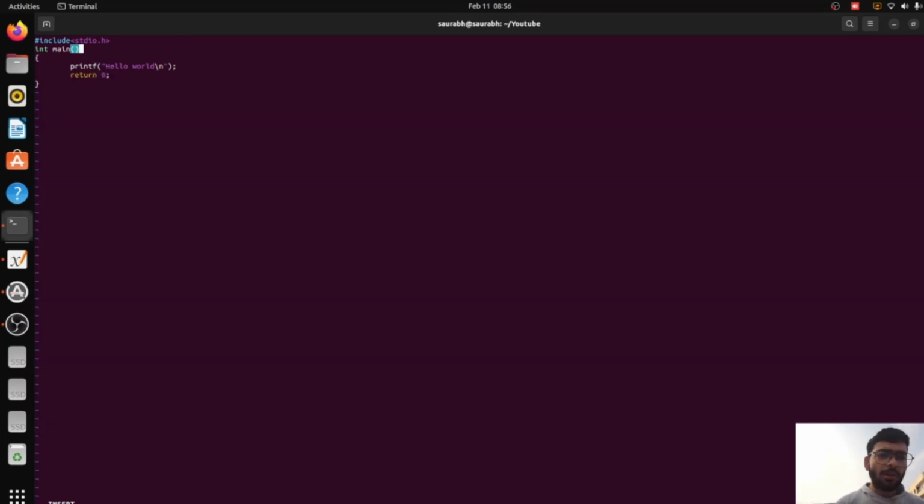We will learn all these things, like why return 0 and why this header file is required. This is the main function, and a function starts with this parenthesis and ends with a parenthesis. We require parentheses. Okay, this is the printf function, this is also a function. You can see this is a parenthesis. So this printf is also a function